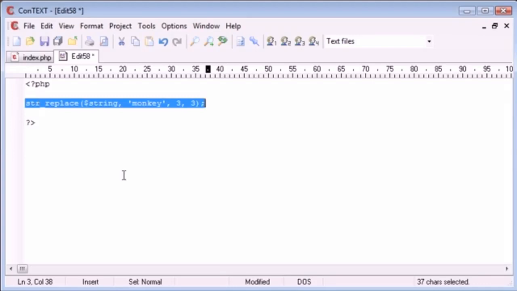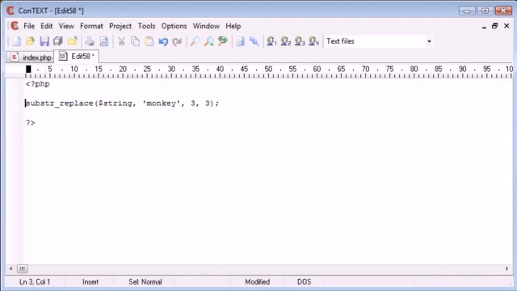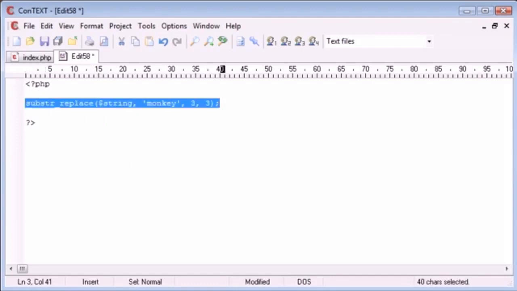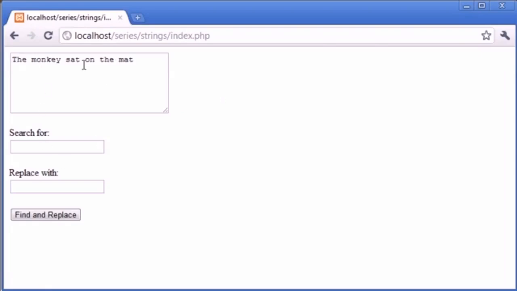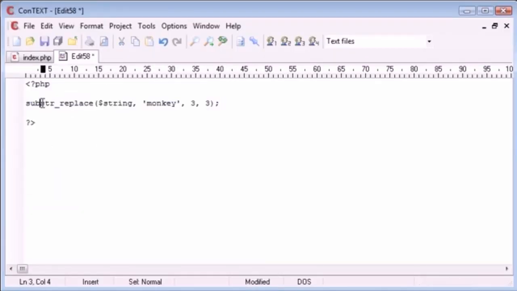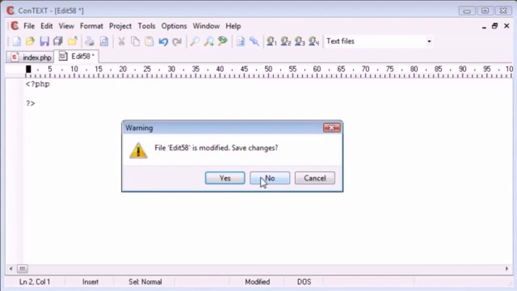Now the reason I'm doing this is simply to demonstrate the use that the substring function can have. If you wanted to create a script that did this, you could just use the string replace function, and you would be able to use it in the way I've already talked about. However, I'm going to go the long way around in this tutorial and talk about how we're using the substring replace. It's just going to give you an idea of how it can work in your program, and maybe from this example you can adapt and use it in your own projects when you feel like you might need it. So I'm going to get rid of this code